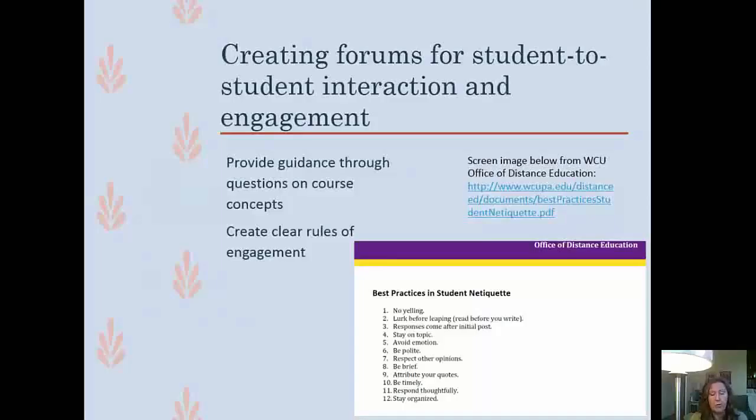Try an open forum for unstructured communication. I like to keep it so that I can contribute in open forums as needed if students have practical questions about things like assignments or course concepts. For discussion boards, be sure to provide guidance through questions on course concepts. I find that the most productive discussions of course concepts use applications of the concepts and provide a space for the introduction of personal experience and knowledge.